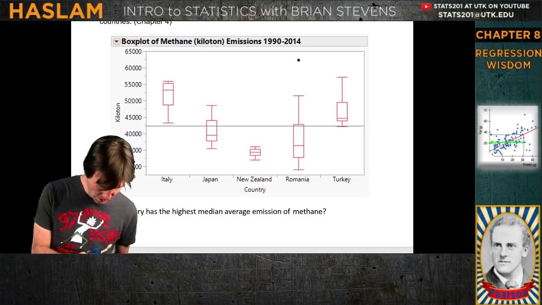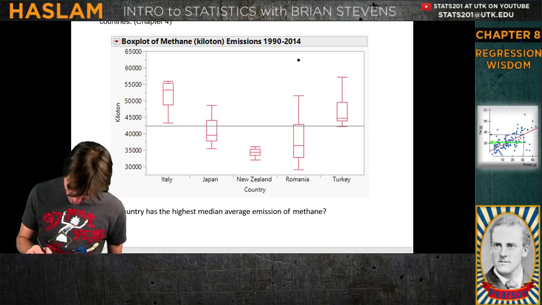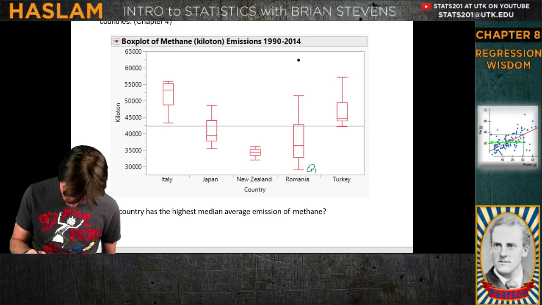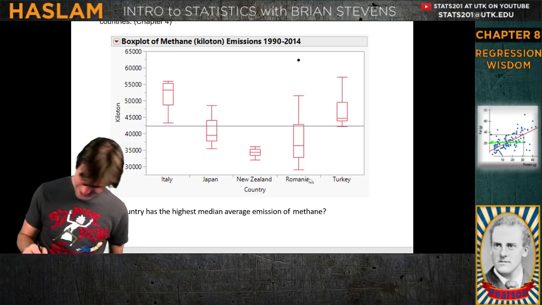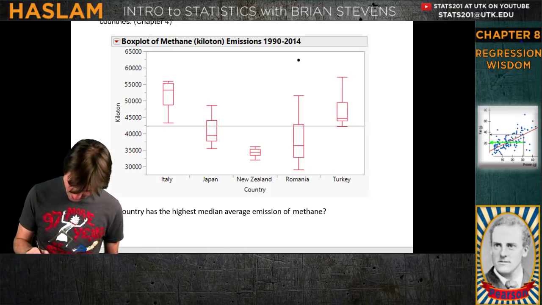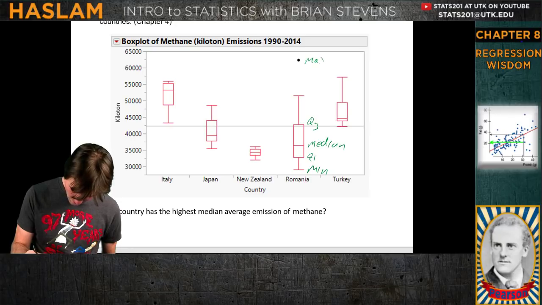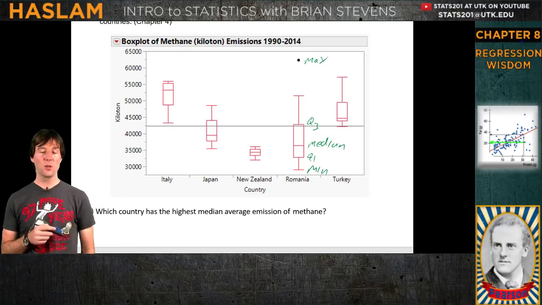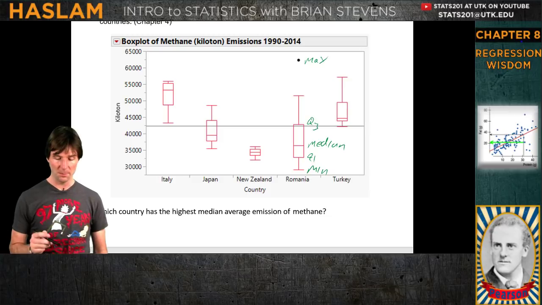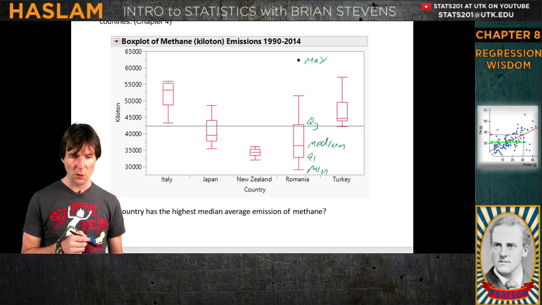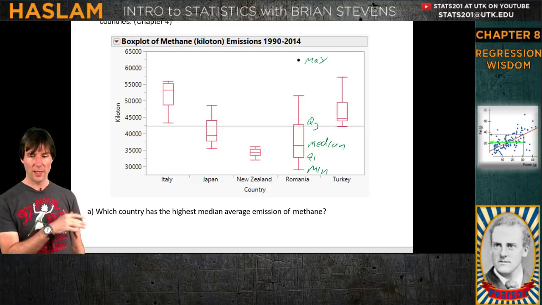Let's put some arrows where the medians are at. Let's draw this. You ready? Q1. Oh my gosh. Bright lights. I've been under some bright lights. Q1. That was to test you guys. Median. This is the min. And let's go here to Q3. And let's go here to the max. There we go. Make sure you know those spots in the box plot. This line right here, if you're wondering, is the grand mean of the data. You won't need to know that.